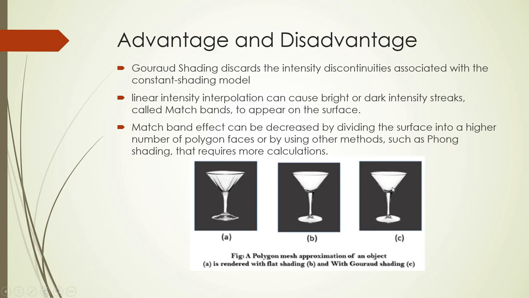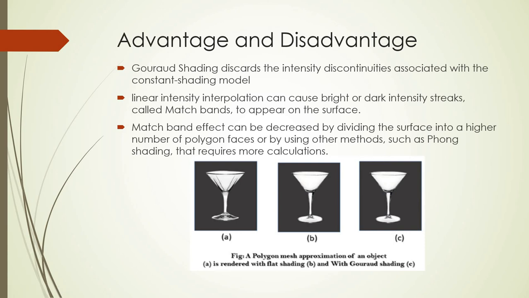Now you can view this key complete glass flash is having an effect as a bright effect over there, though we should have a scratch like this, but due to this Mach band effect, what is this Mach band effect? It appears on a surface. It is a Mach band effect, that is nothing but we are